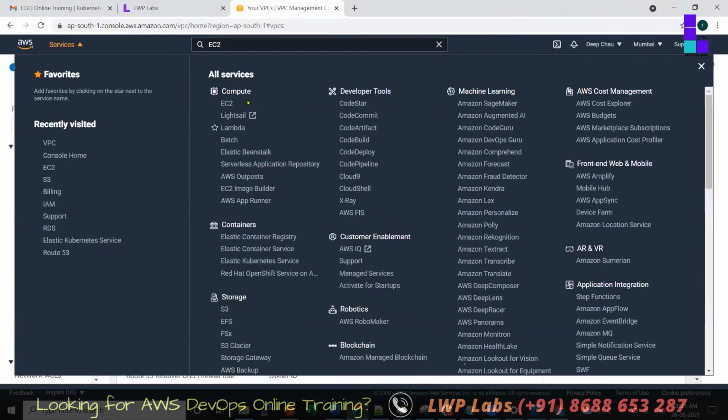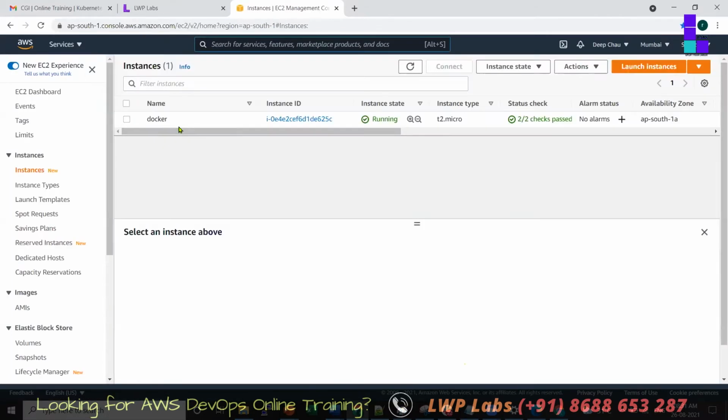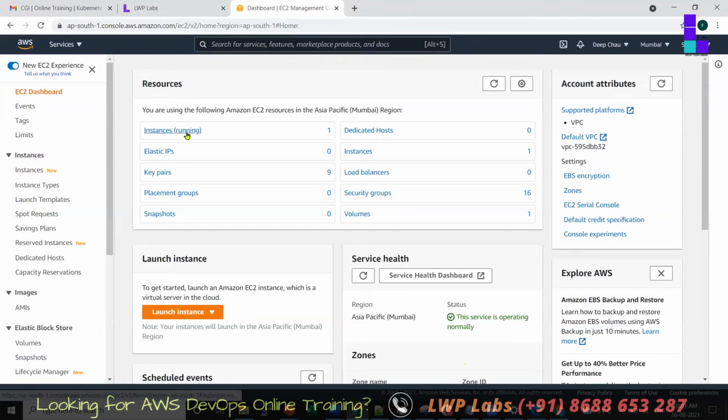What is EC2 service? It is compute power. So we need to understand that there is something called compute power, computing. If you click on it, this is your dashboard. Here you can see a lot of things: I have one instance, one running instance.